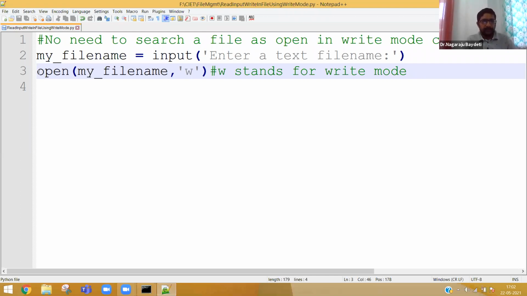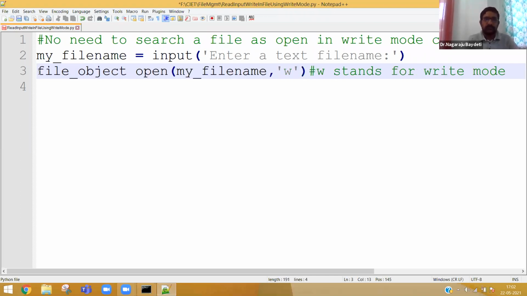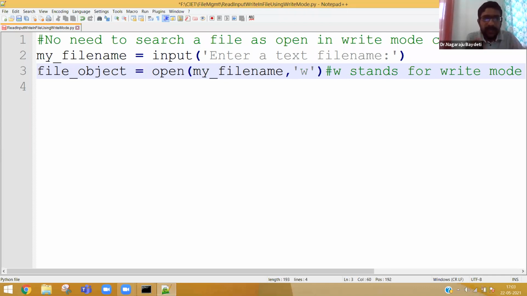So you can say file object is equal to, now file underscore object is a file stream object which got permission to open a file in write mode. Now opening a file is over.